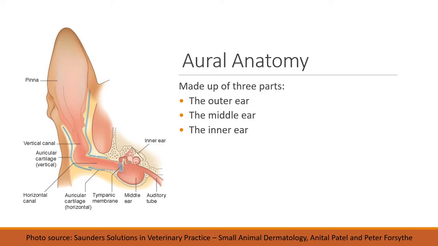The outer ear consists of the pinna and the ear canal. The pinna may be covered by skin, fur, or hair and is made up of cartilage. The ear canal is a funnel shape which helps to carry sound to the eardrum and is much deeper than a human's ear canal. The middle ear includes the eardrum